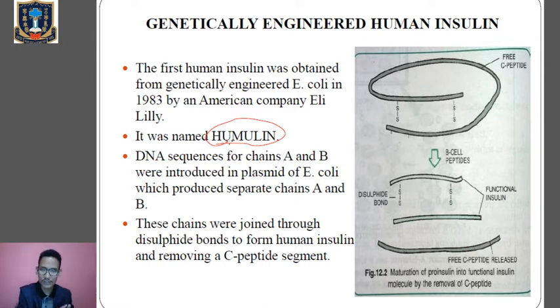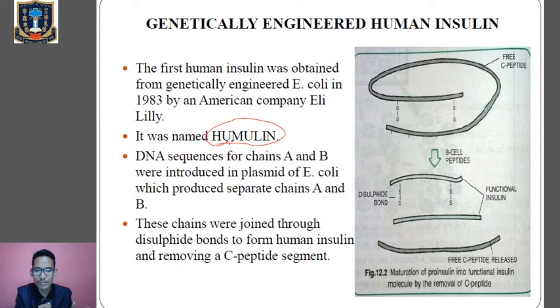So the DNA sequence for chain A will form polypeptide chain A, and the DNA sequence for chain B will form polypeptide chain B. So chain A and chain B will be formed separately, and afterwards